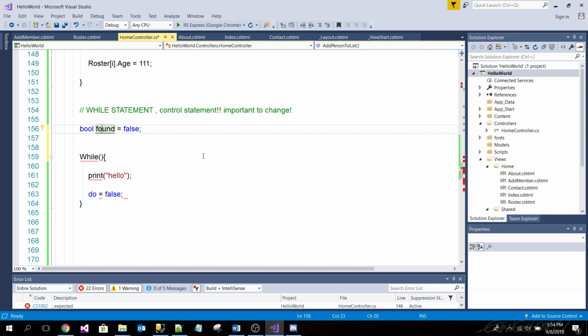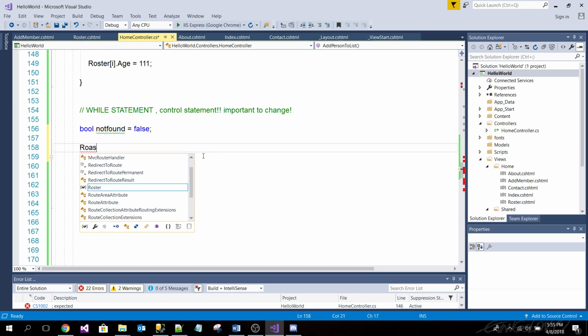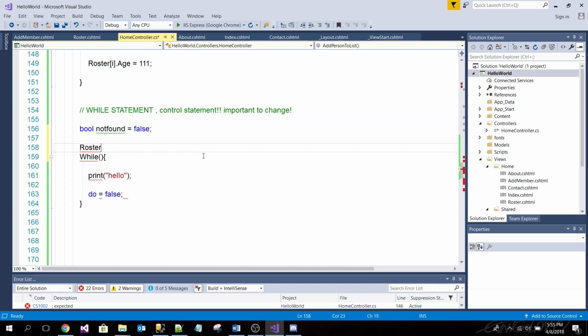Actually, let's call it not found for now. Did I find it? Not found. Okay, so I have a huge list. Well, I have a roster, and a roster again is a list. So I wanted to do something and stop when I found the name Caesar.